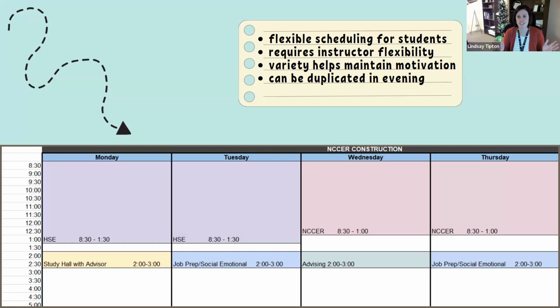If she's going to come for anything, we'll take her for whatever part she is willing to be here for. And eventually she did make it through all of the components of it. But she liked feeling a part of that group, and she felt supported by her peers there. She felt supported by her advisor, and it was a really positive experience for her, and I think for most